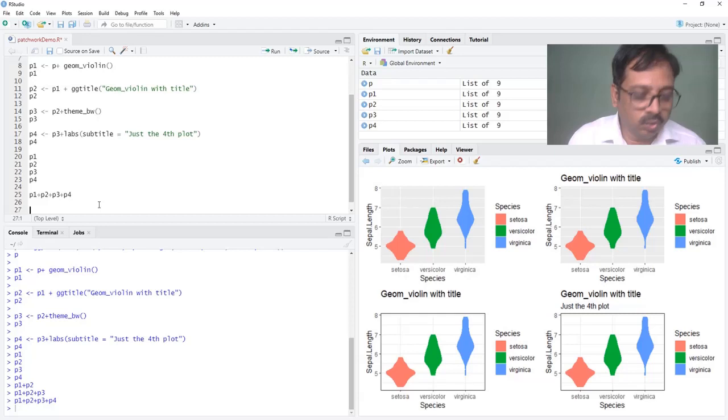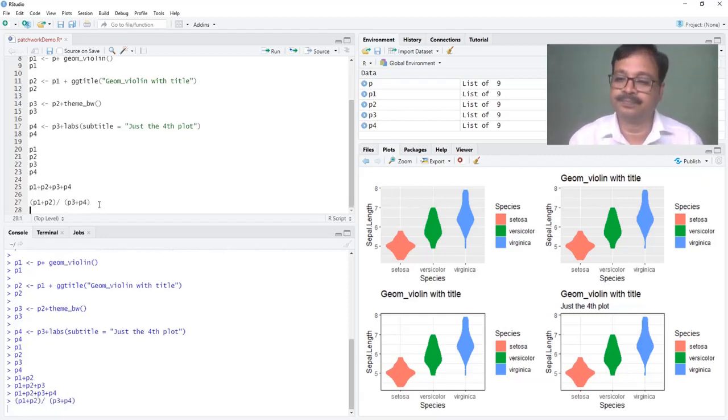We can have two plot objects on the upper panel, or two rows. These two we will combine in a bracket. In the lower row, P3 plus P4. Two rows of plots are there, four plots together, and we can compare them now very easily and effectively.